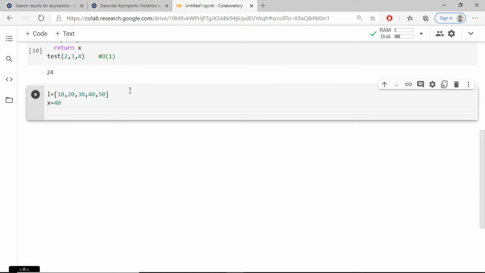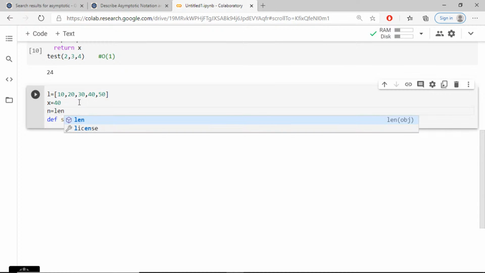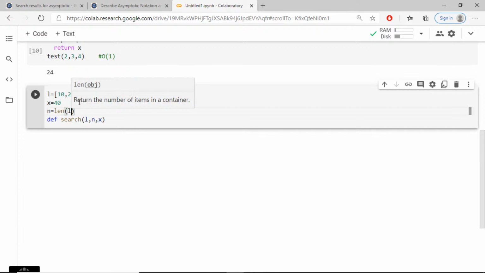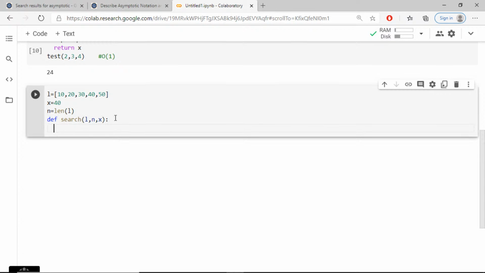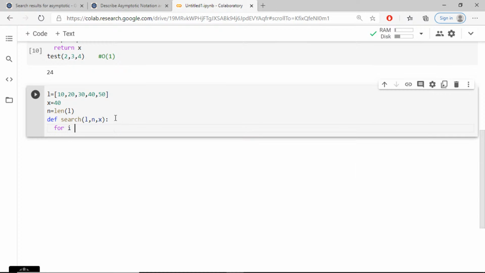Okay? So what code will I write here? I'll define a function def search, and inside the search I'll pass L, and then I'll pass the length of this list n, x. Length I'll define here. N is equal to length of L. Okay? And then inside this function, I need to write the code. Here I'm writing a simple loop. Don't worry about the Python code. I'll explain each and everything. Don't worry. For i,